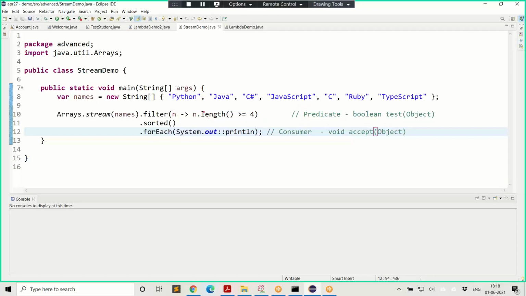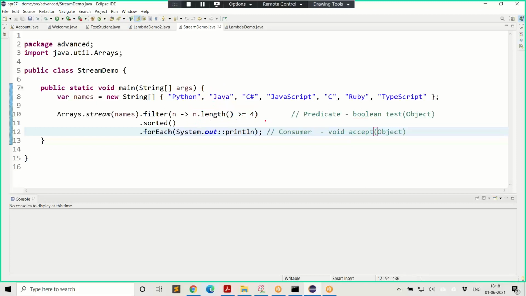So that's exactly what we are expected to do here. We want an expression that is going to return Boolean because the abstract method in this interface is supposed to return Boolean. So we want to select only those names where the length is greater than or equal to 4. So this returns true or false. That's exactly what we want.